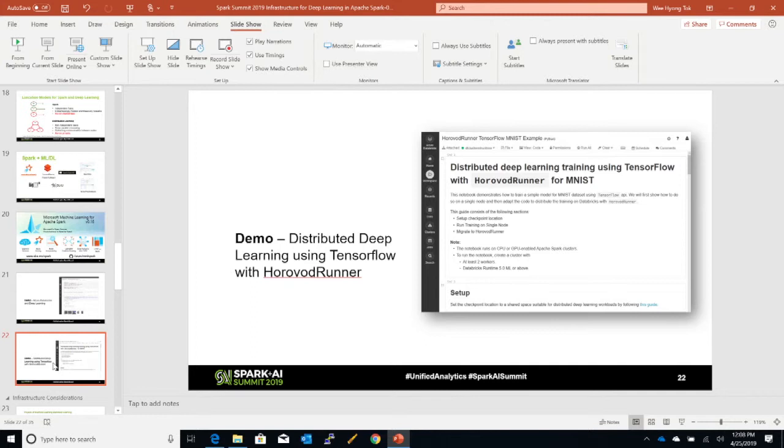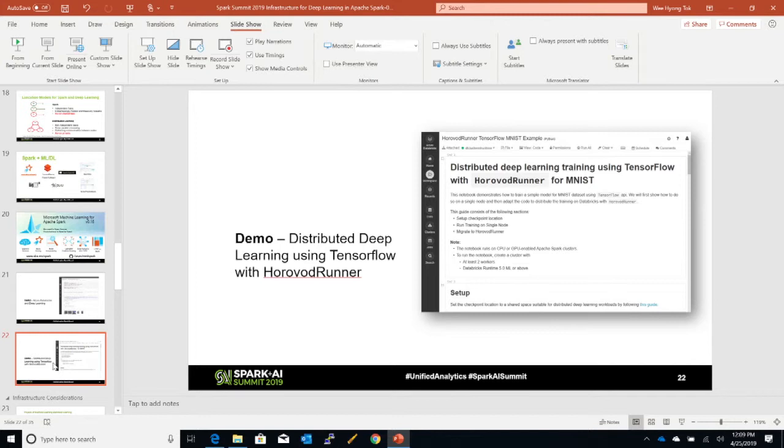Now, the other demo I wanted to show you is this. We talk about machine learning and deep learning, or running machine learning and deep learning workloads on a Spark cluster, in this case Databricks. And many a time, ever since the first feat that I showed you about in the beginning of 2017, when Facebook showed that you could train a ResNet 50 on ImageNet in an hour, it kicked off a whole revolution in distributed deep learning. One of the outcomes of that is a framework called Horovod, which will max out your GPU utilization in nodes. And for a while, being able to run Horovod on a cluster like a Databricks cluster was really hard, just because you have to deal with all the dependencies, and make sure the inter-node communication is taken care of.